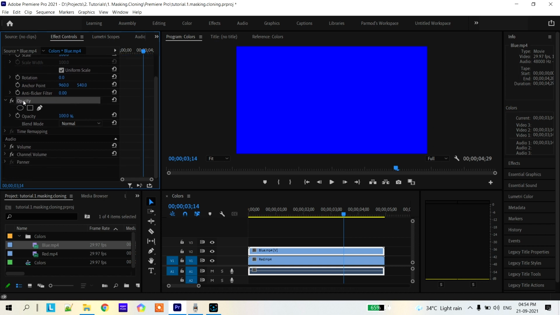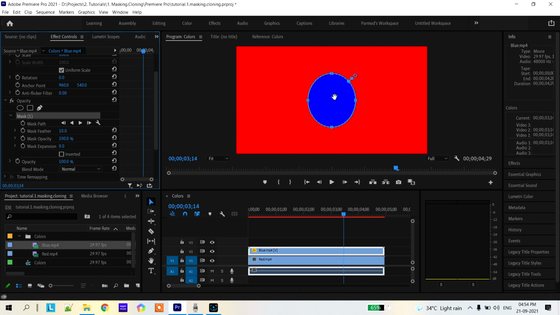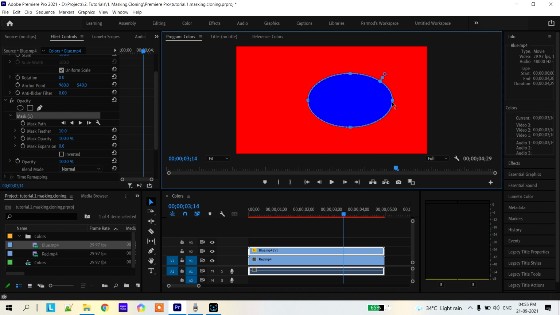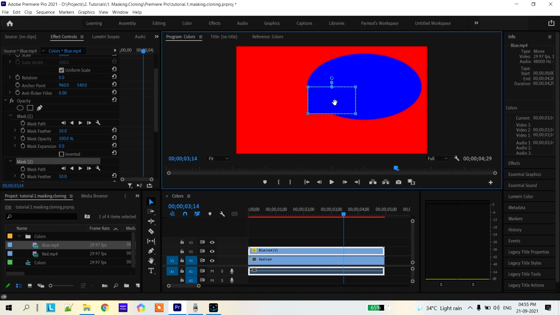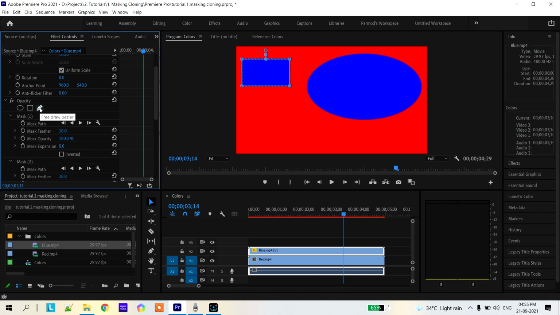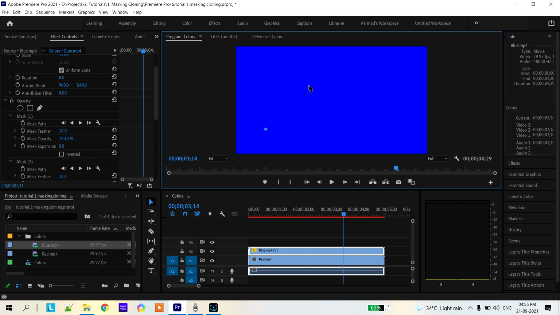This is under the opacity. We can see there are these options. So this is the circle, as you can see. Now only the part which is masked on the blue video is visible now, not the whole video, only the part which is specified here, something like that. We can go with this square as well, or we can go with the freehand, like something like this,